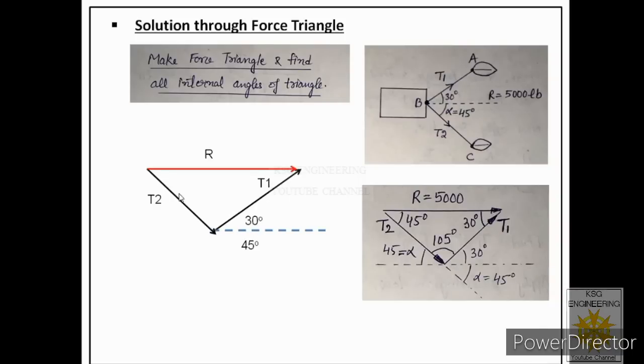But you see carefully, this force earlier was represented here. So this angle was 45 degrees. So now you see the same horizontal line is drawn here with the same force. It means this angle is also 45 degrees. Fine, you see over here, we have mentioned it as 45 degrees. Now another point to understand, this force was 30 degrees mentioned in the diagram. So alternate angles. So this will also be 30 degrees.